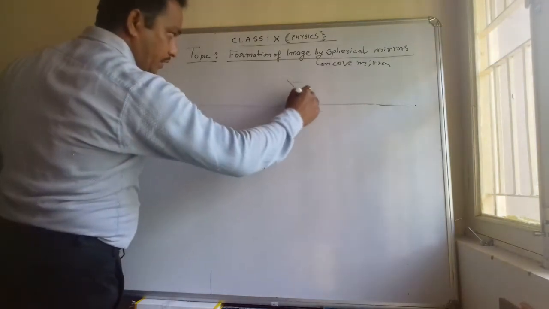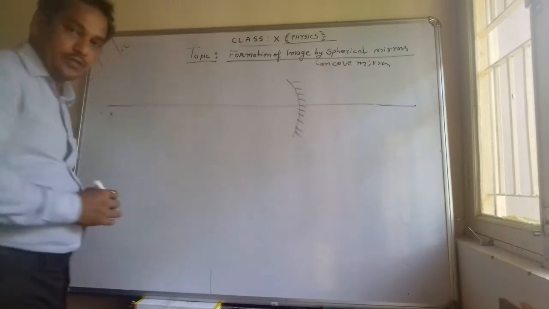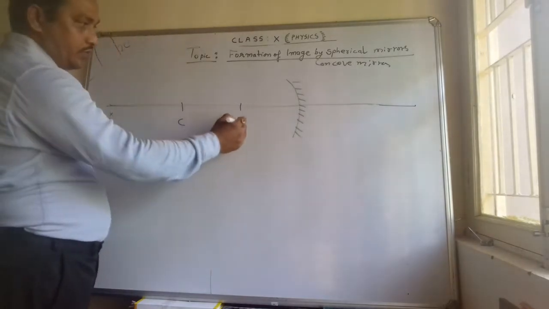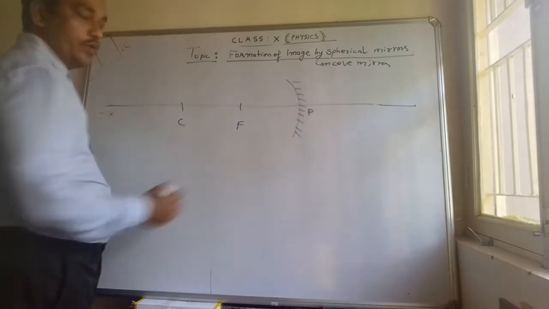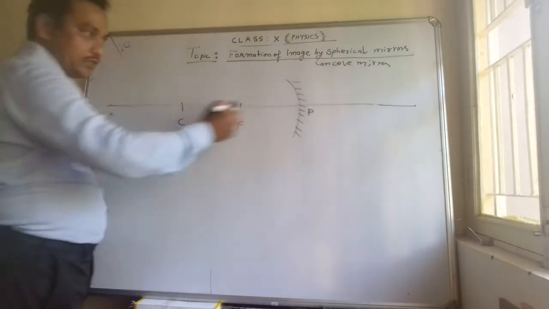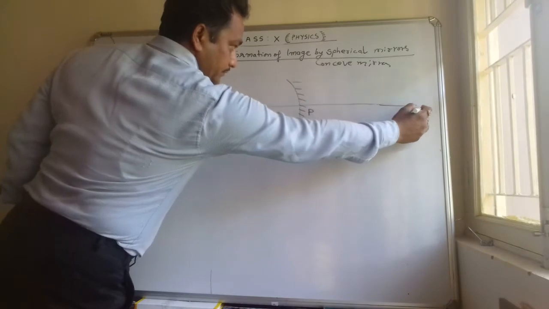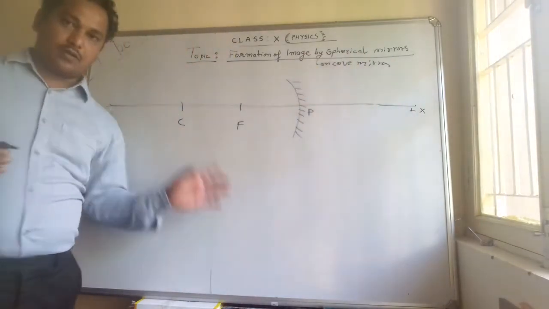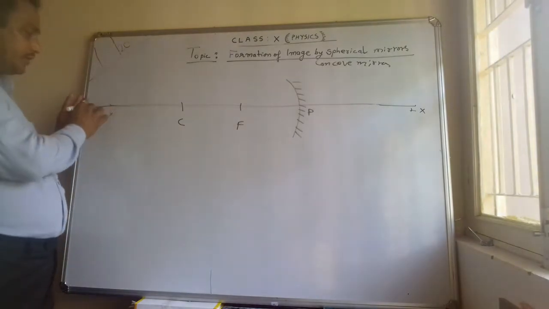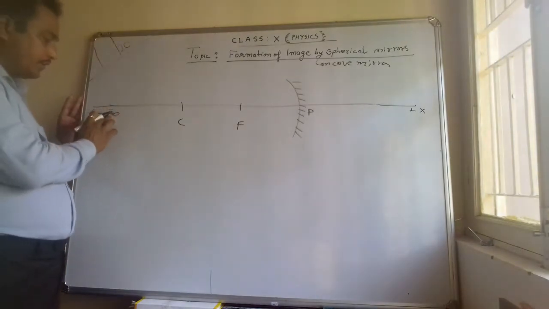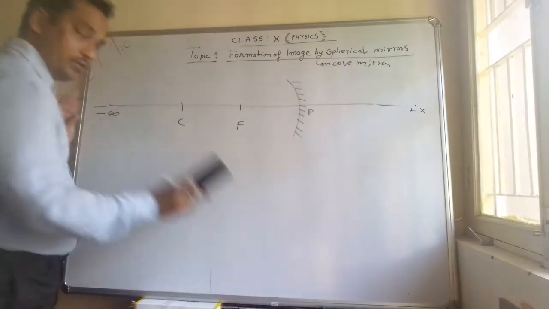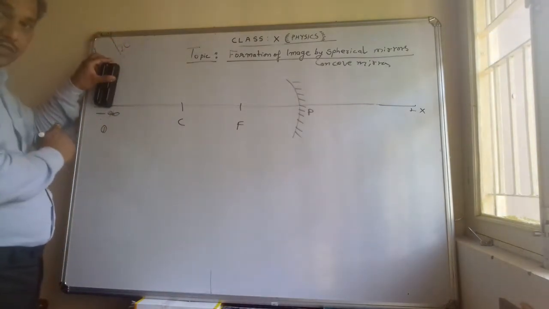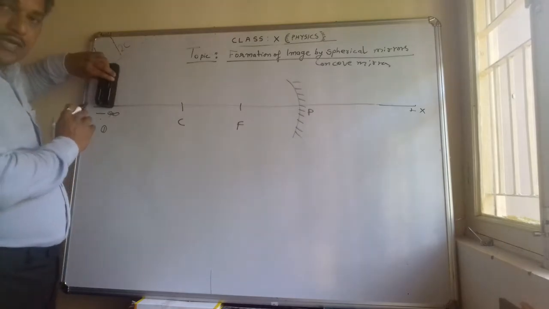Let us see. As we are aware, this is the concave mirror, and this is the center of curvature, this is the focus, this is the pole, and the negative x-axis, positive x-axis. So the object is placed first of all at infinity. This is negative infinity, and for example this is an object. We will place it here at infinity first of all, first case,